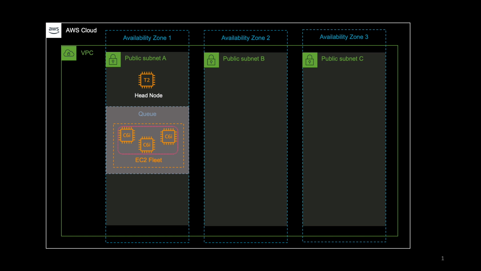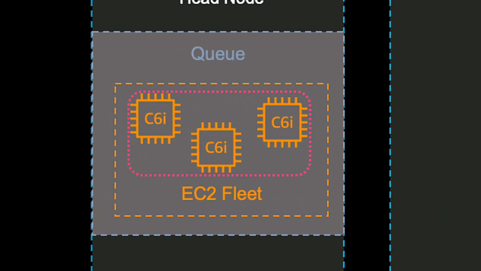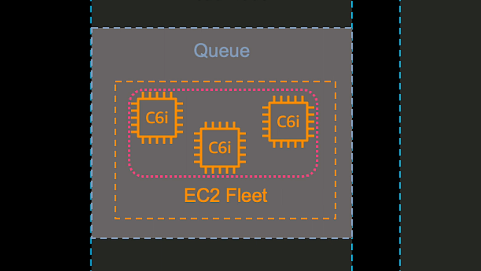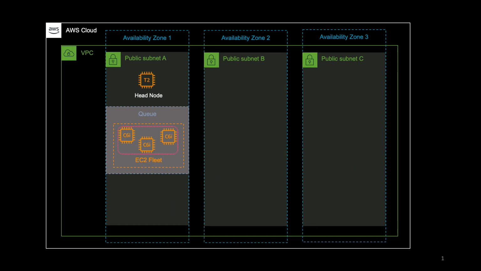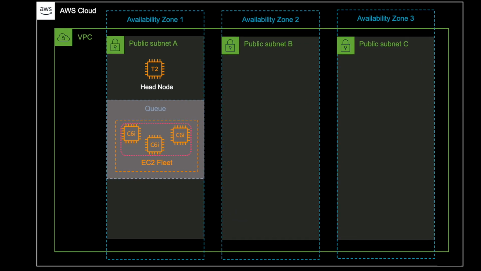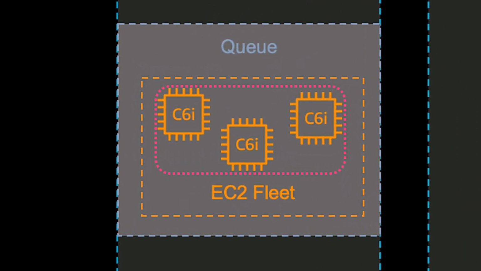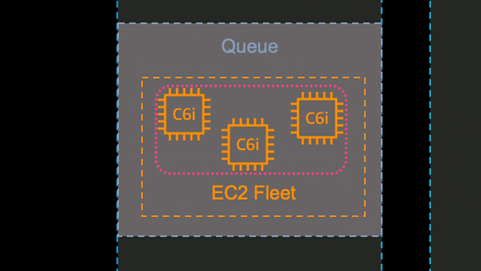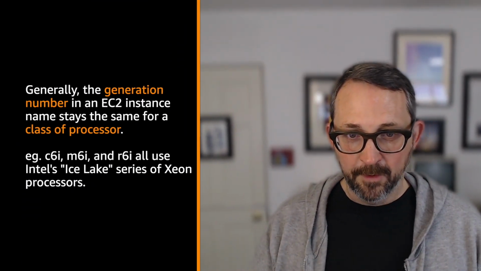Notice there are only C6i 32xlarges in the queue, and they're all in the same subnet, all in availability zone 1. And since these are whole physical nodes or droplets, they can use EFA. And that's indicated by the little pink box that surrounds them. It's kind of like the force. So sometimes we need to use more than one of the same class of processor,